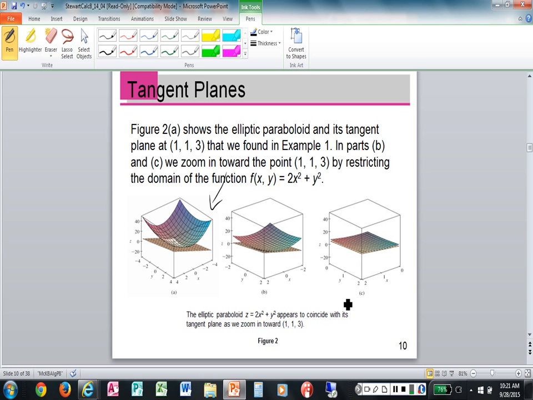So, yeah, got a pretty good match, doesn't it? It's the same idea as the tangent line to the two-dimensional curve. Here we're doing 3 dimensions, so we're doing a plane, but the plane and the surface near the point, we're looking here at 0 to 2, and there's just a little bit of a gap. If you get on the edges there, the z values, you can see a little gap in there, but not a whole lot, not like you could on the first one on the left. So, all right, so it's